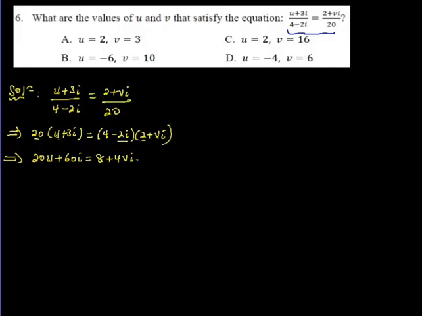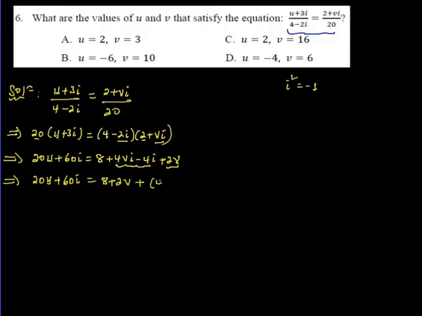2i by 2 is minus 4i, and minus 2i times vi is plus 2v, because minus 2vi becomes plus 2v. Here you should remember i squared is minus 1. So now let us collect like terms. 20u plus 60i is equal to, collecting terms containing i and i-free terms, 8 plus 2v